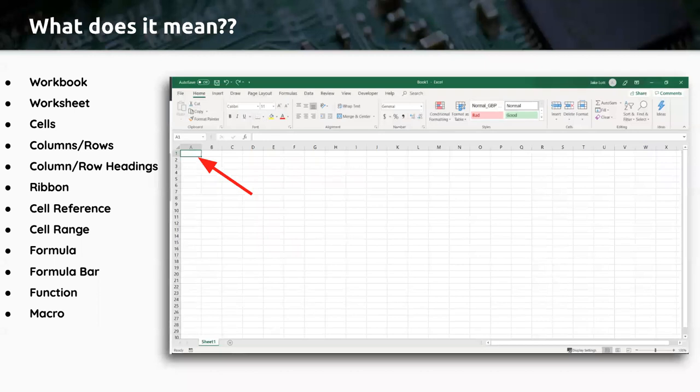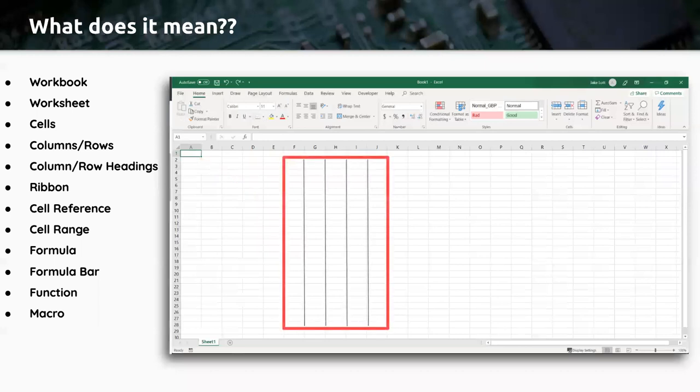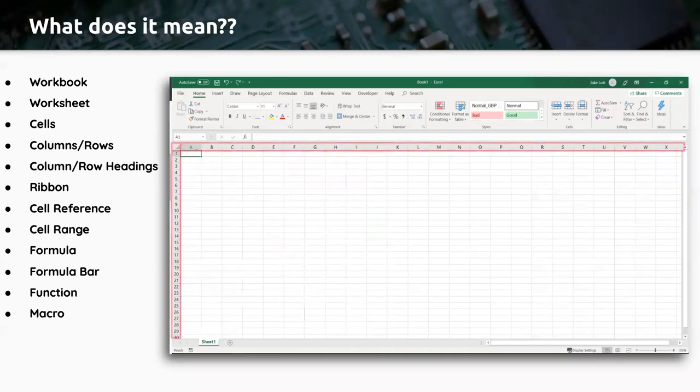It's one individual little block that you enter your text, your numbers, your formulas, everything into. Your columns and your rows are pretty self-explanatory, but those are the vertical and then horizontal versions where those cells reside. And as you manipulate things and need to adjust and reference, these are what we call our headings, our column heading or our row heading or a row header. And you can do a lot of little tips and tricks within these bars right here. So we'll kind of cover those when we get into the hands-on.